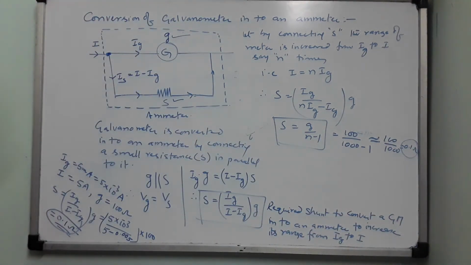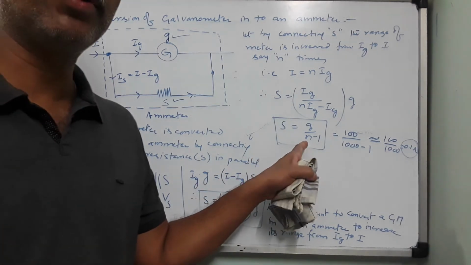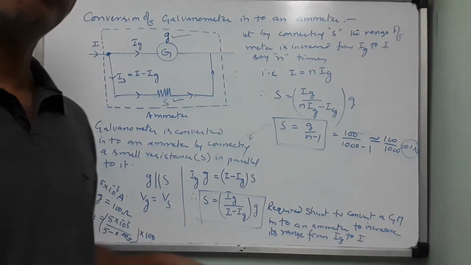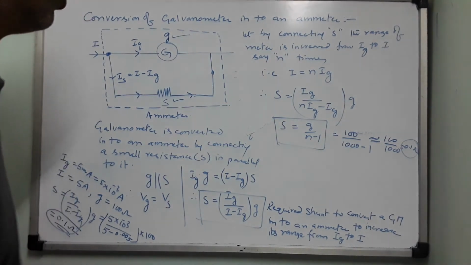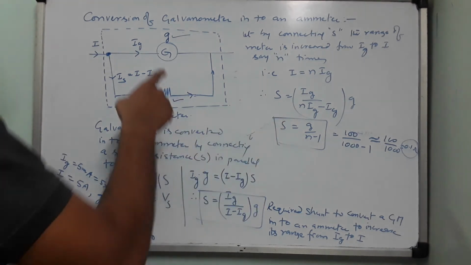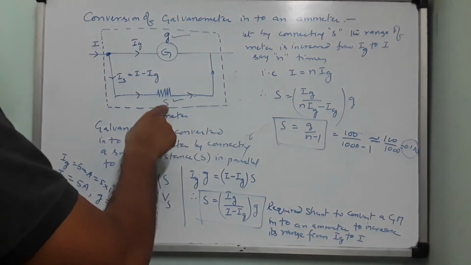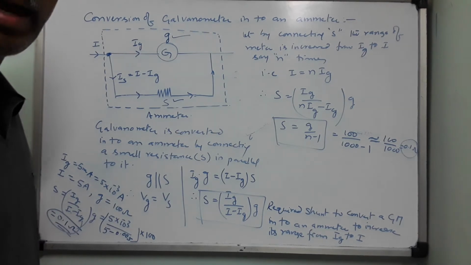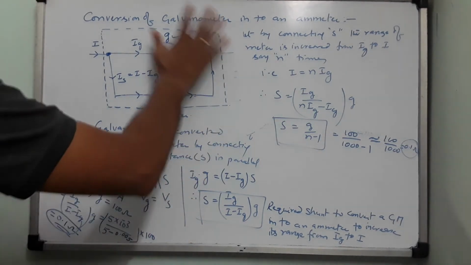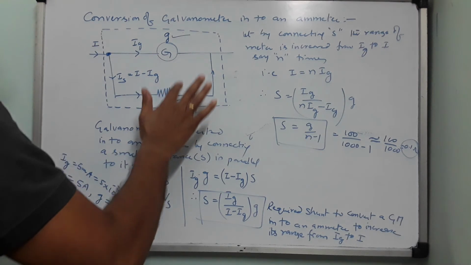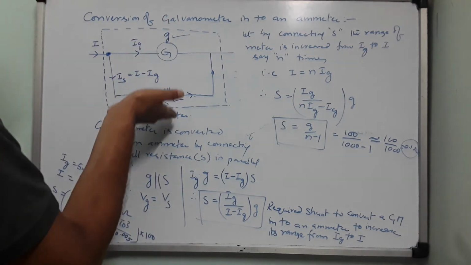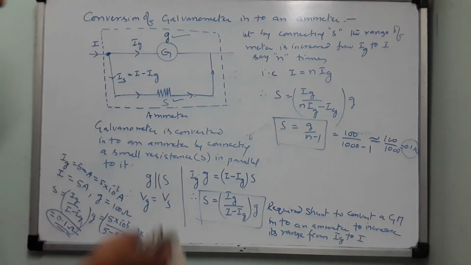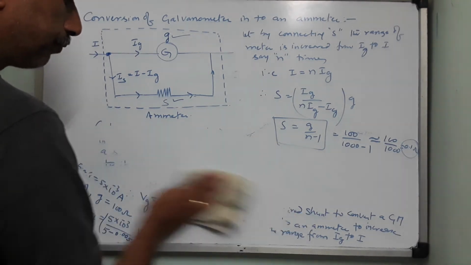Any formula you can use. But you should know what this n is and how you calculate it. n is nothing but how many times the range of the meter is increasing. Fine. So now there are two things, children. One is G, the galvanometer's resistance. Other is S, the shunt which you have connected in parallel in order to convert it to an ammeter. Now this entire thing with G parallel to S is known as ammeter. So what is the net resistance of the ammeter? It is a parallel combination of G and S. Okay, right. So now we will calculate that.